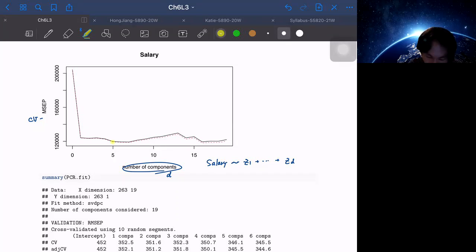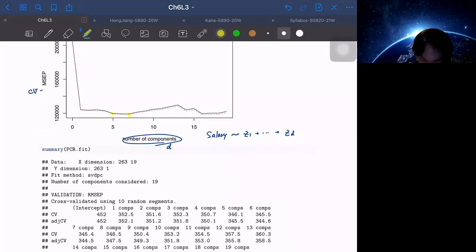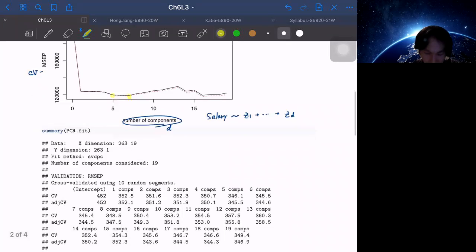And actually, after 5, it's almost flat. And I think technically 7 is smallest here. It's really hard to see, but